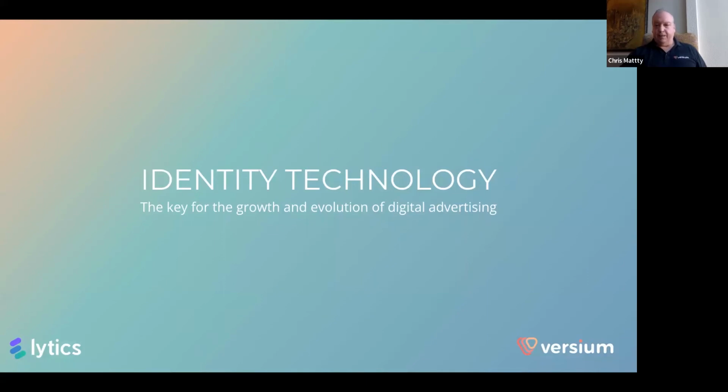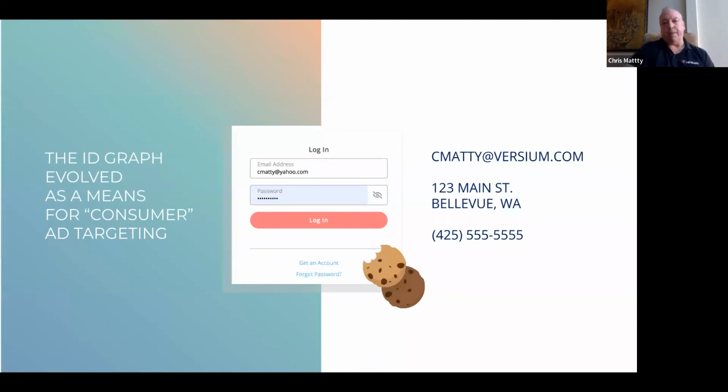Switching to identity, which is really a big part of what's fueling a lot of the growth. I thought I'd give a little bit of background on why identity is so crucial, and a little bit of history. If you go back in time, literally a couple decades ago, cookies were invented to speed up how fast a website loads, because it would track history of where you've been, and it's in your cache. Well, it turns out that allowed marketers to say, hey, if we know which websites you visited, if you visited Ford, you must be looking for a car. And so this became a really powerful vehicle for advertising targeting, just by looking at the browsing history.